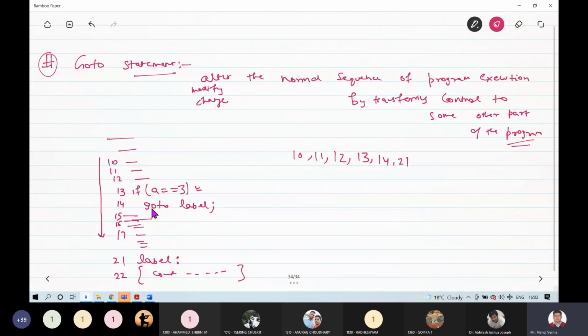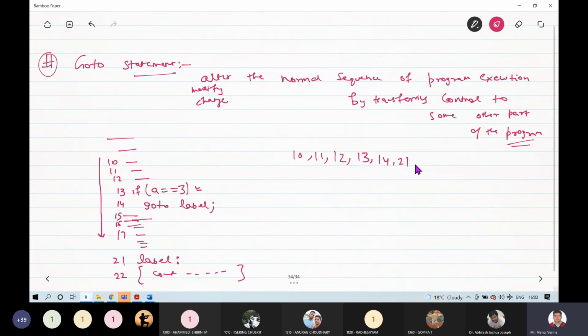because in line 14 you are redirecting the compiler to go into some other part of the program, right? So the line by line compilation will be something like this: 10, 11, 12, 13, 14.